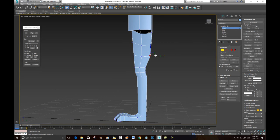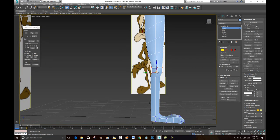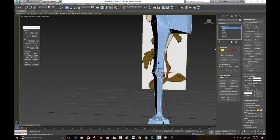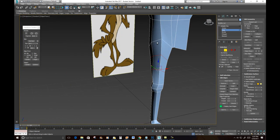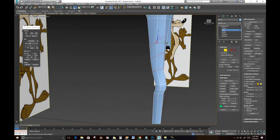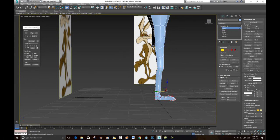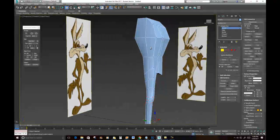And let's take this and we'll move it in a little bit. It starts to set up that hamstring a little bit. Maybe take this whole thing and bring it forward just a tad. So something about like that. And this whole leg, probably I'm just going to take all of this. This one. I'm just double clicking now. We'll double click on this one. And I'm just going to scale all of it front to back to give him like skinnier legs. And we'll just take these verts from the knee down and we'll just move them back, the whole thing. Something like that. So I haven't started on this calf yet, but I'm just going for like a skinnier look